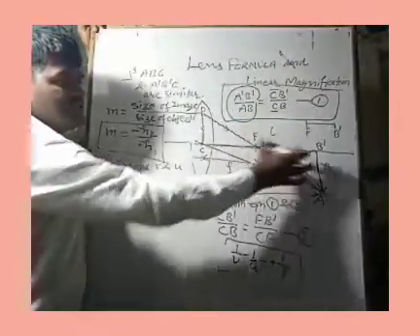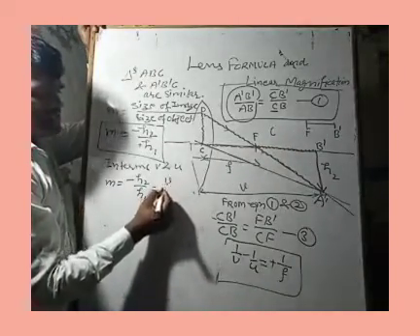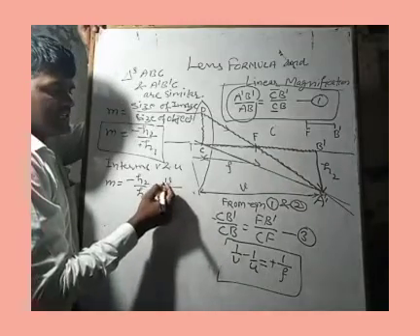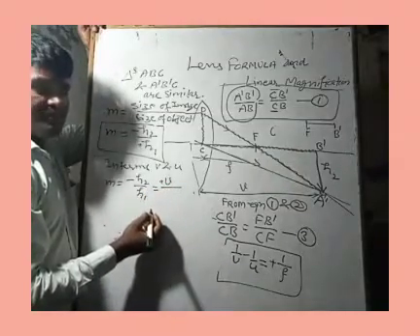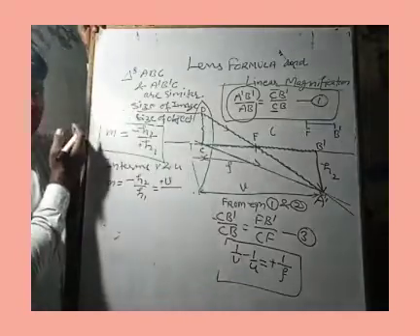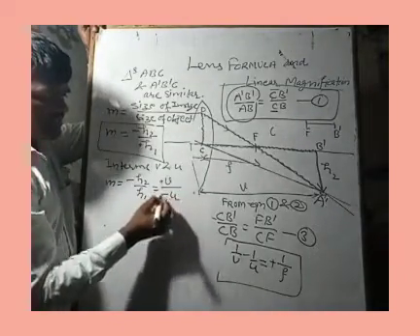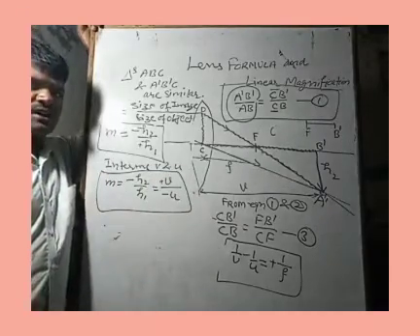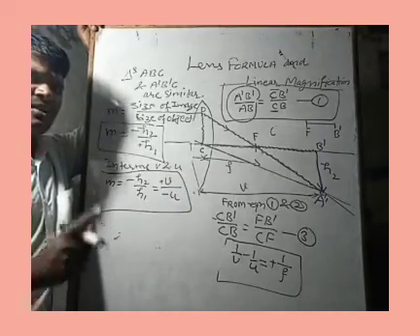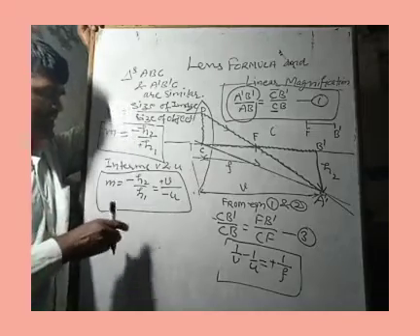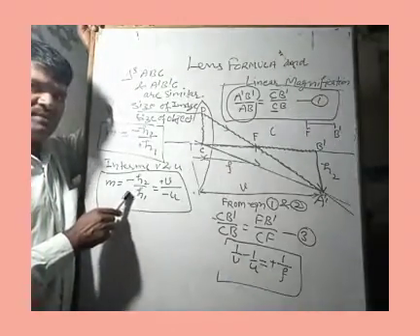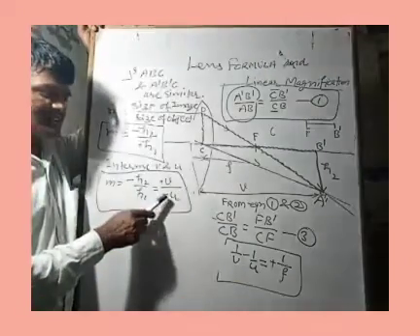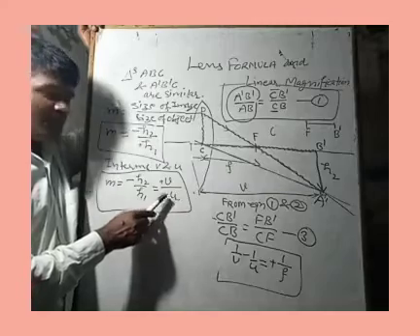Hence CB dash was the distance of image, which is V. It is to the right of that optical center, hence it is taken as positive, and distance of object was to the left, hence it is taken as negative. Hence magnification, linear magnification for convex lens, for real and inverted image, in terms of size of image and object will be given like that, and in terms of distance of image and distance of object will be given as.